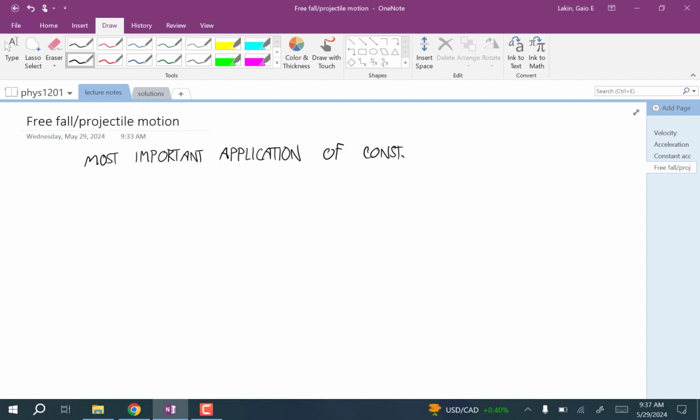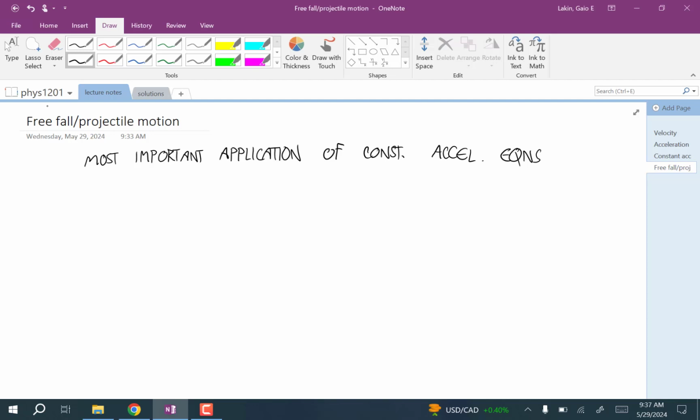Although, in this topic, we are going to use those same three equations that we used in the last lecture. And so free fall and projectile motion, we're talking about whether objects are just dropped from,